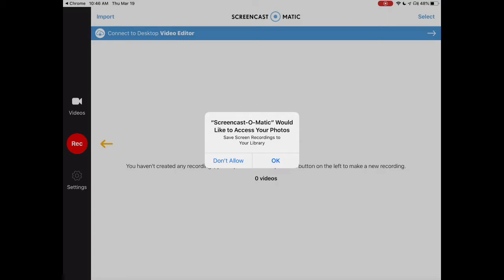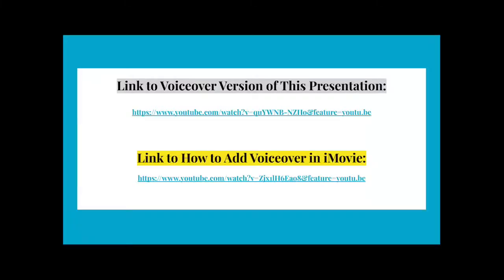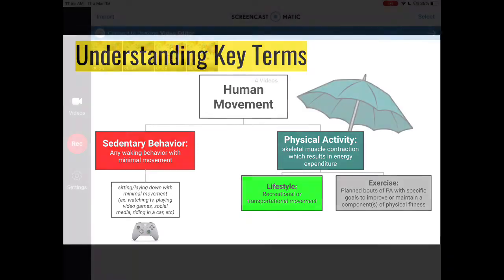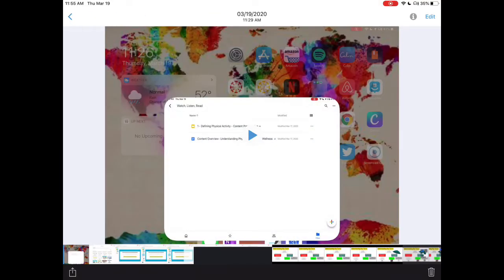Select the red record button to start your screencast. Right now, I'm taking a screencast of a Google Slides presentation. I've saved that screencast. Now I go back in and select Edit,